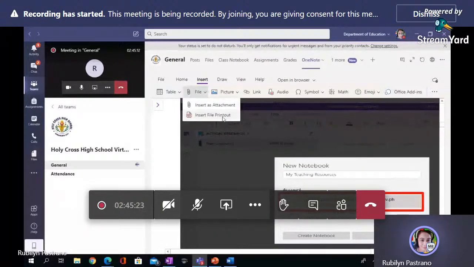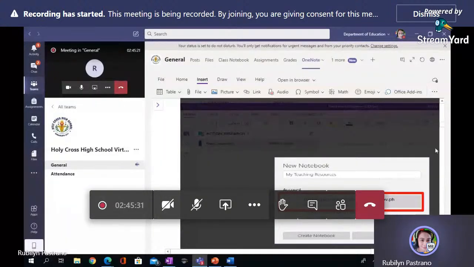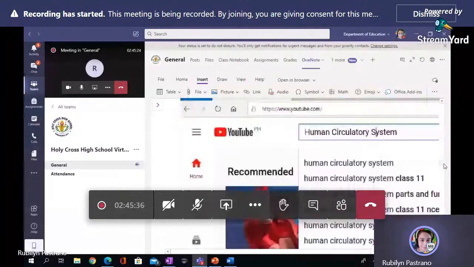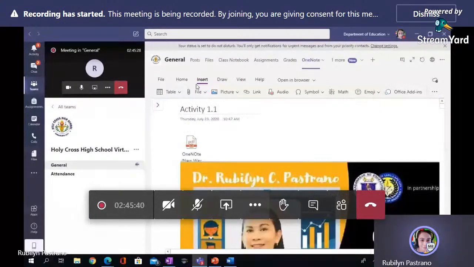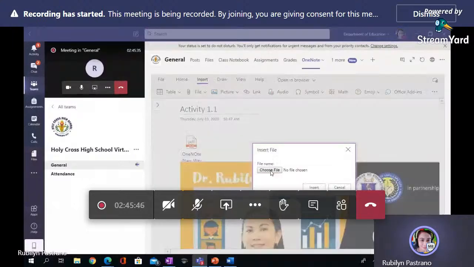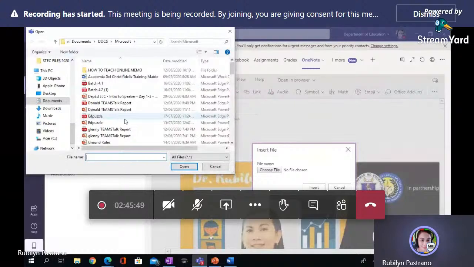But how about if I will insert a file as attachment? Okay, we can also do this. We are so free to do it. Okay, so see, you can insert files. All right. Another one, insert file as attachment. Choose file. I will insert